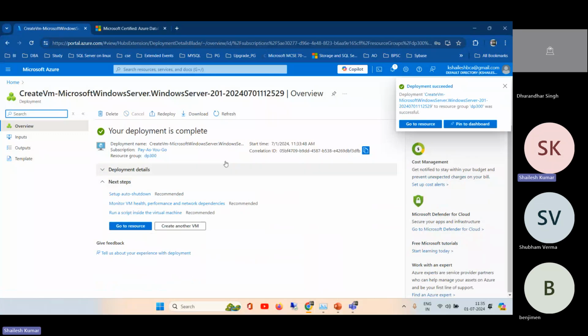We can see the deployment is successful. Go to the resource, or you can pin it to the dashboard also.